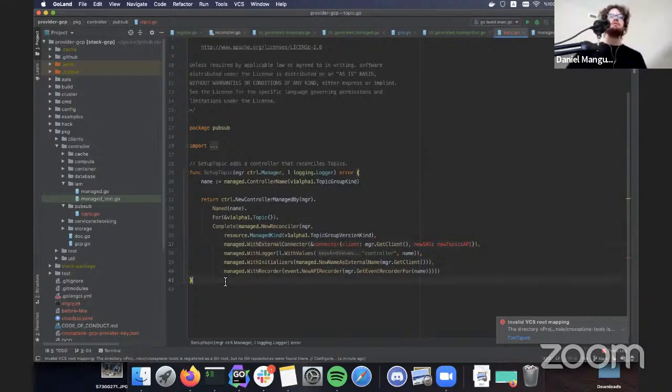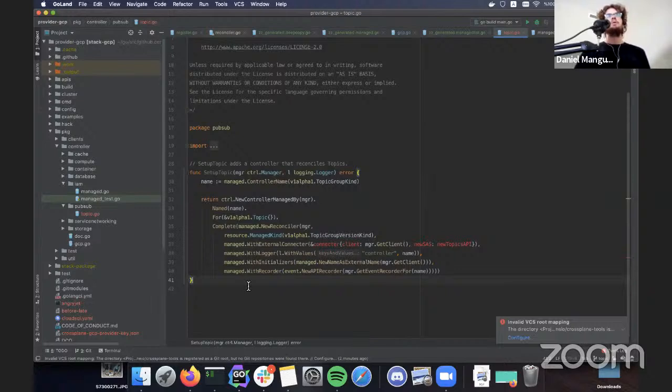I think one thing that's really valuable here is you can kind of take this for granted if you haven't done it without having Crossplane runtime here. In that complete method, a lot of times you'll see just a reconciler struct being passed. Here we're passing a function that returns a reconciler struct. There is quite a lot of logic, which I think Muvaffak is going to show us later on as well. But all of these things we're passing in here just allow us to override defaults. A lot of the defaults that come with this are really powerful.